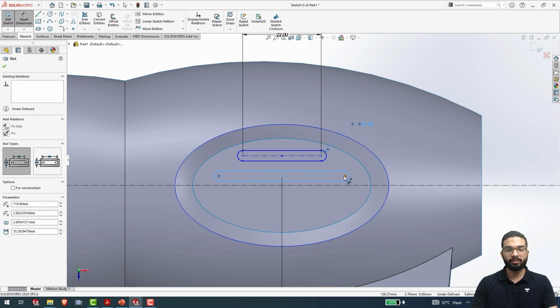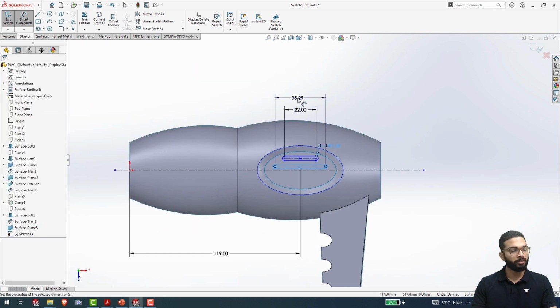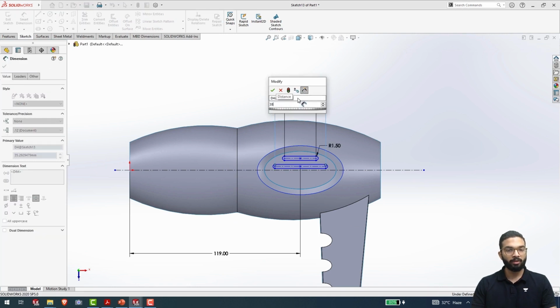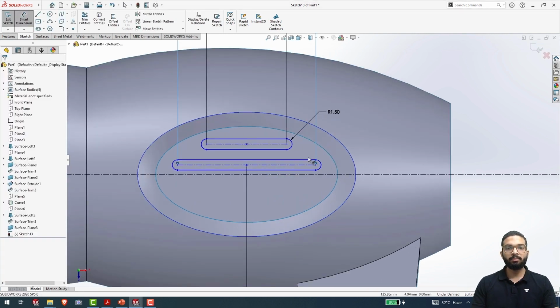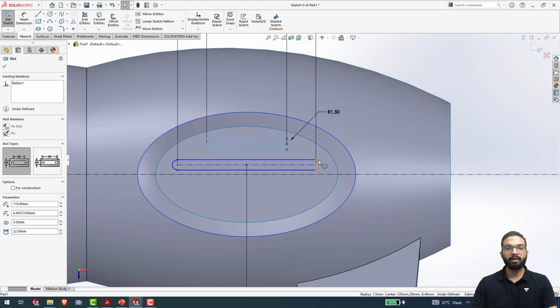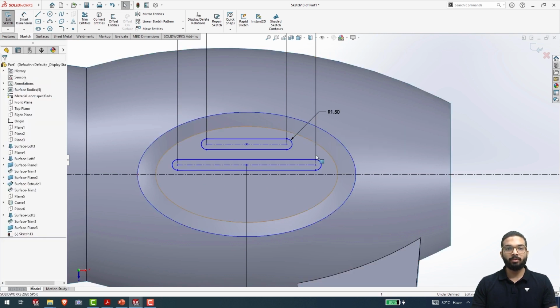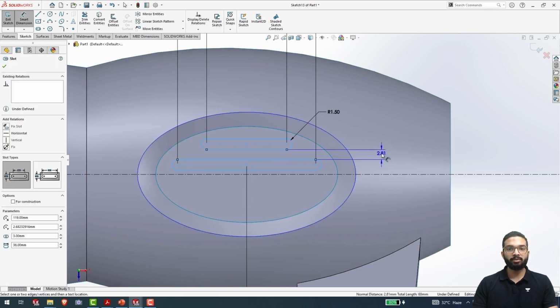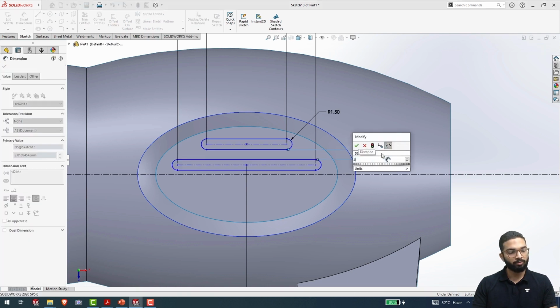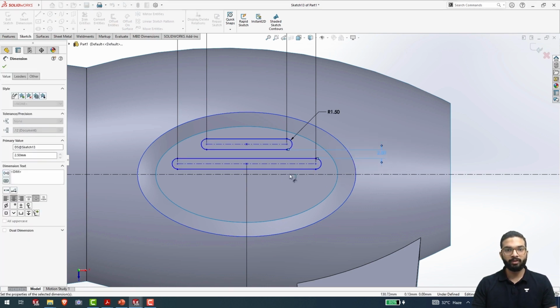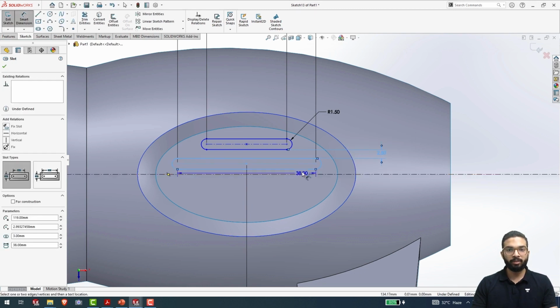The center to center distance first, that would be 38 millimeters, and we can simply press escape, exit the command and select these two and make them equal. Once you have done this, we will move forward and specify the spacings. The distance between these two slots over here would be 2.5 millimeters, and the distance between this slot and